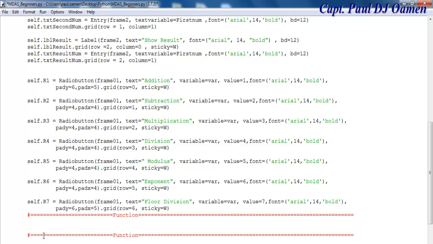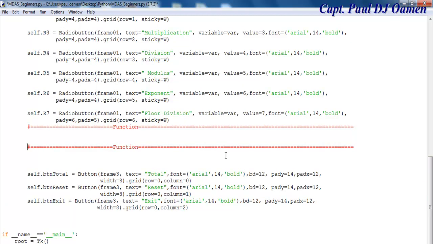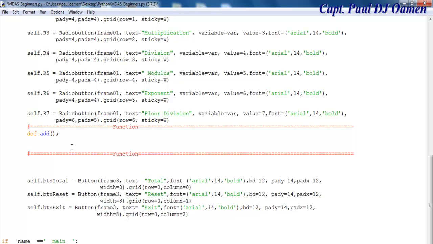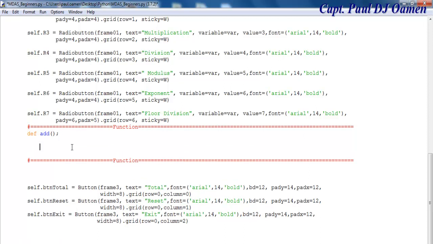Okay, so that's the button, and right here underneath I'm going to call my function. Let me just call it add. There, that's my function, and I'm going to then use an if statement. If value dot get equals 1,